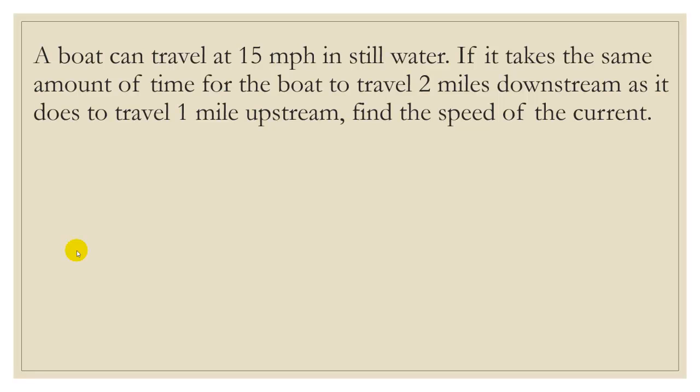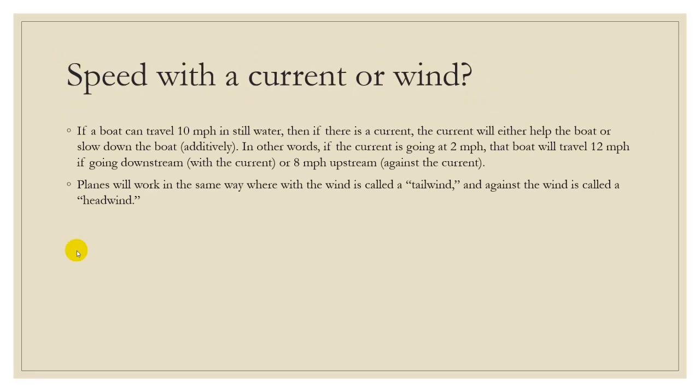Okay, before we begin this problem, let's just go over a brief concept here. Whenever we have a problem that deals with speed of something traveling through either water or air, when you're having a current or a wind you have to face, this is how it works. If a boat is traveling, for example, 10 miles an hour in still water, and there's a current that is added, the current's either going to help or hurt the boat, and it works in an additive fashion. So suppose the boat is traveling with the current, and the current's going 2 miles an hour,